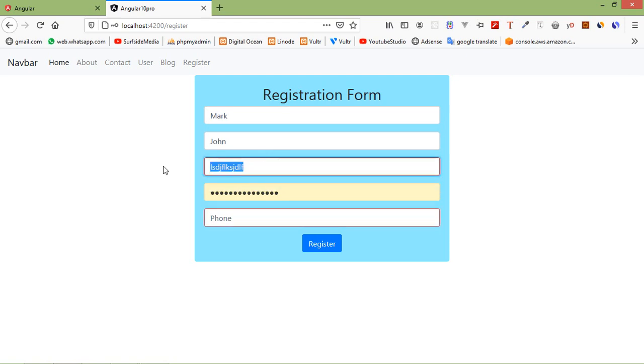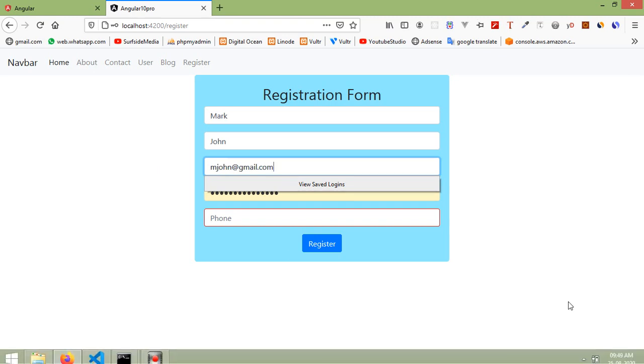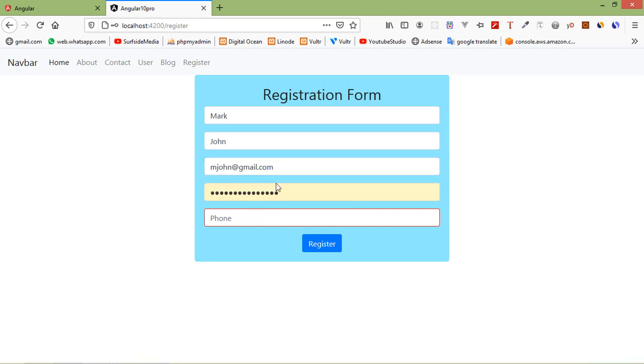Now write the correct email ID, let's say amazon@gmail.com, and you can see there is no error. Now add the password. If I enter 4 letters, you can see the validation error, and if I put 6 or more, there is no error.